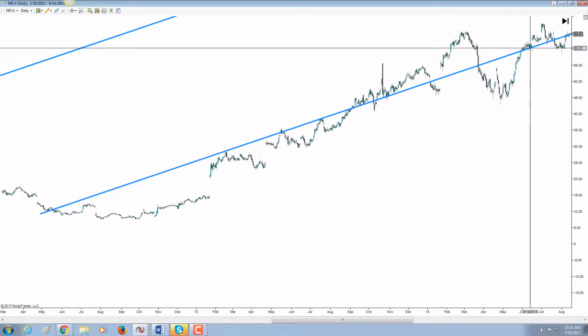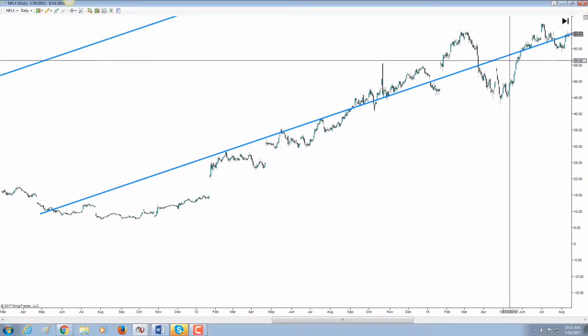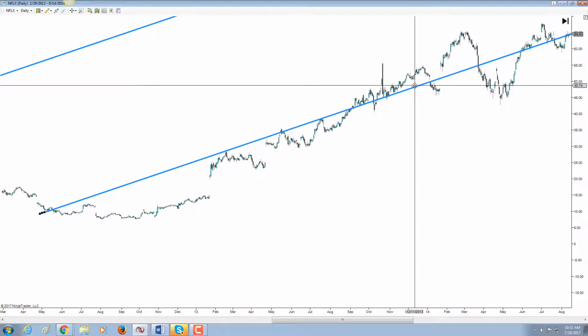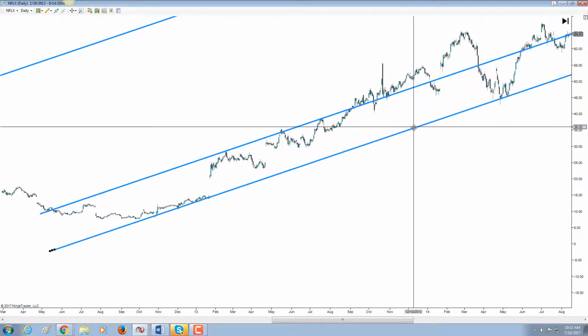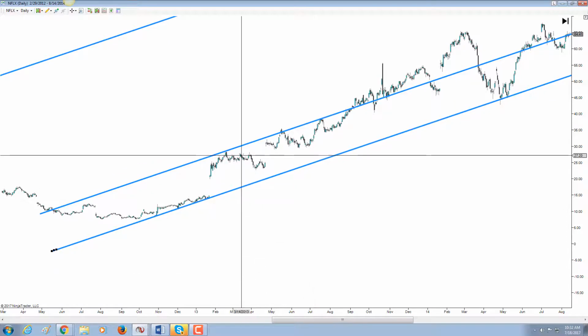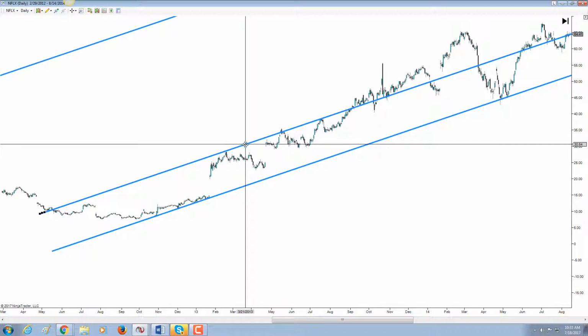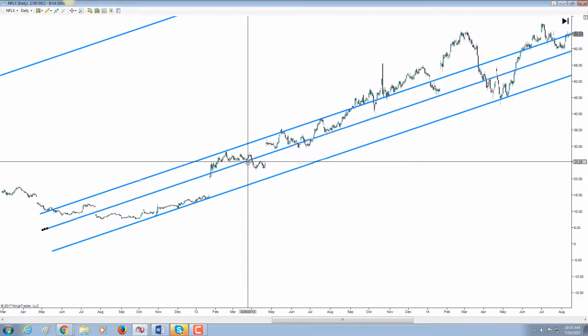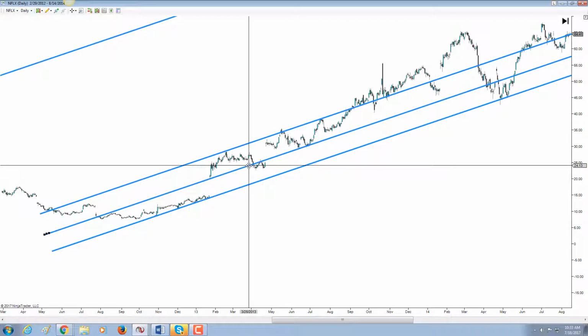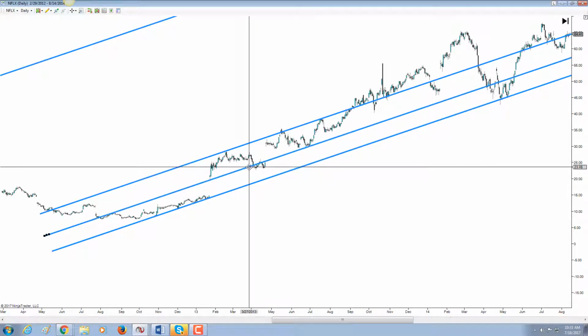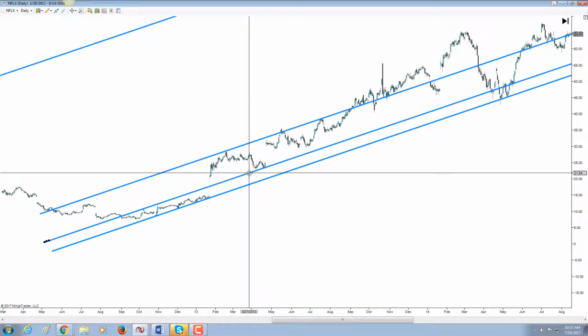And now up here it pulls back to it and pulls back to it and pulls back to it. These lines tend to become anchor lines. And each market has a unique resonant angle. If no one's taught you that before, I'm sorry, but they were holding out on you, and now you need to know. And you can see that when you establish the anchor line, you'll catch all of these little moves